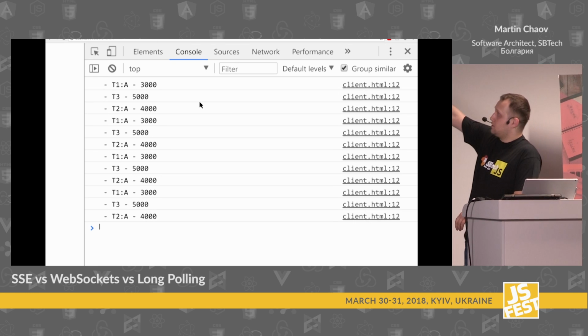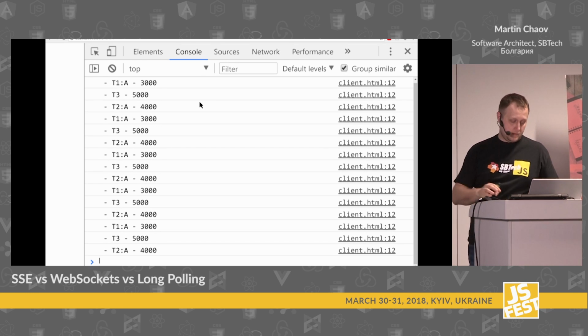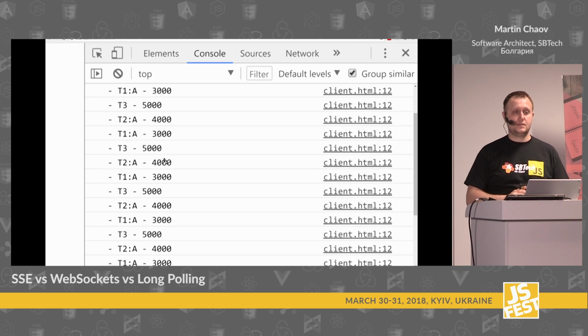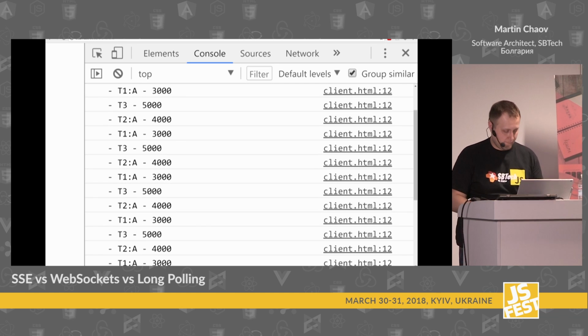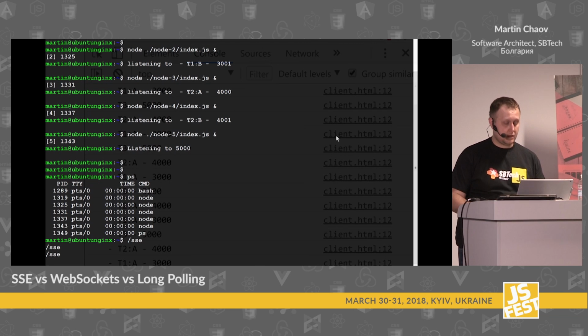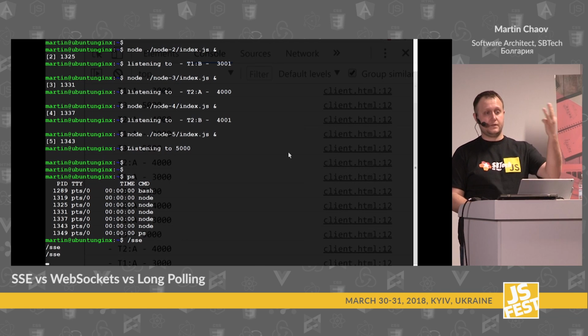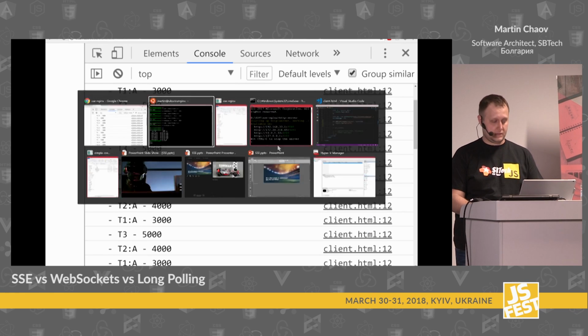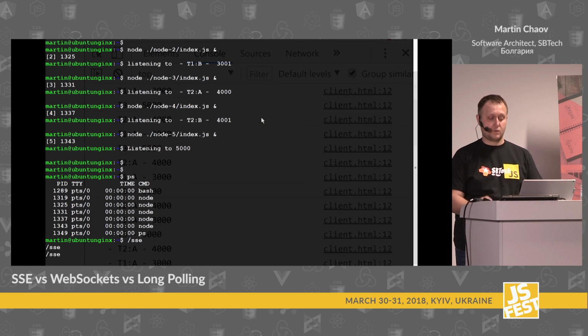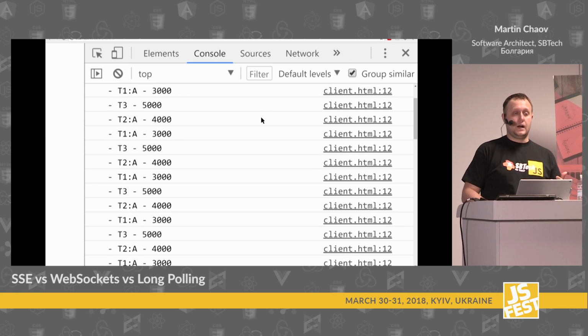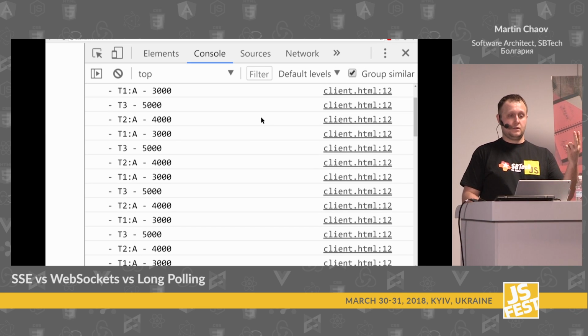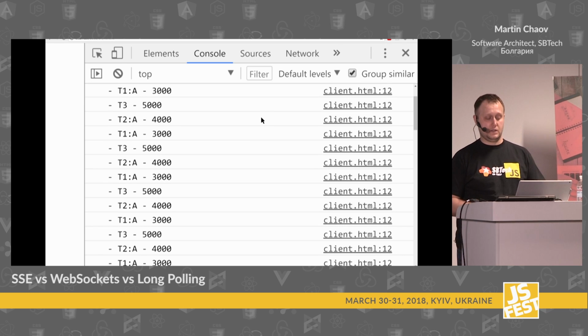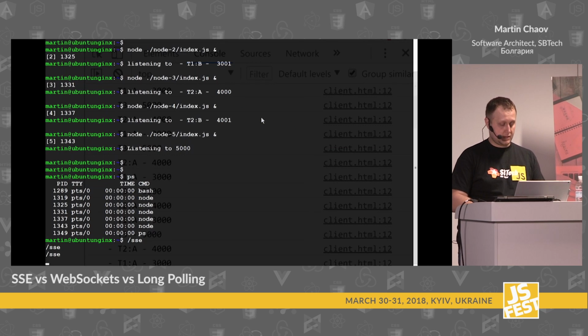You can see some letters here, A. This A means that okay. In the code, you can see that I started 5 nodes, but I'm receiving only 3 messages, right? So all those are the 5 nodes that are working. What's interesting is that I boot up 2 nodes for the first 2 addresses, and I boot up 1 node for the last one. Meaning that if I kill the first